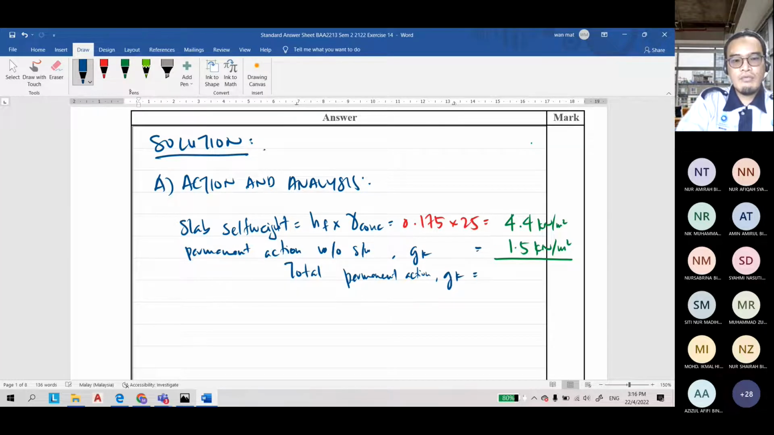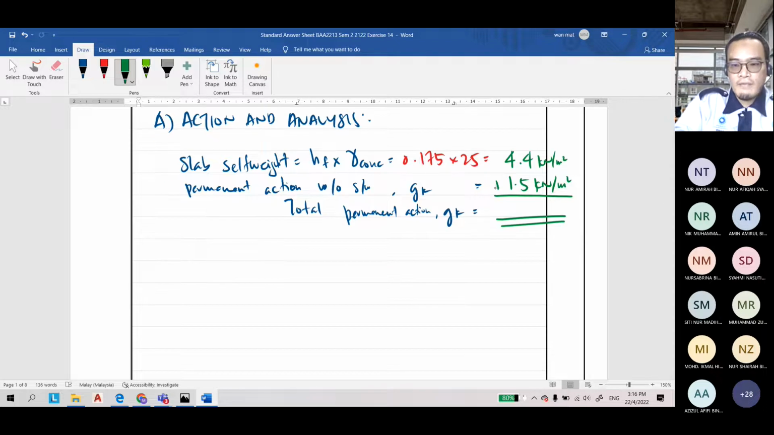GK is equal to, can you total up this one? 4.4 plus 1.5. What is the total? Kilonewton per meter square. 5.9. Okay, thank you. 5.9. Good. And then the variable action, the QK, the base